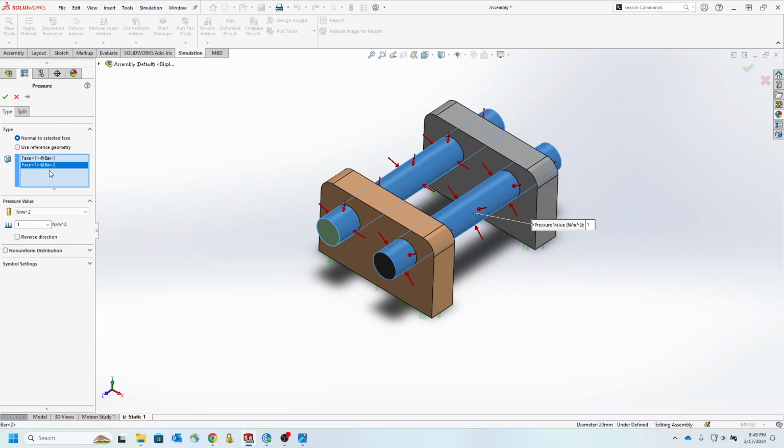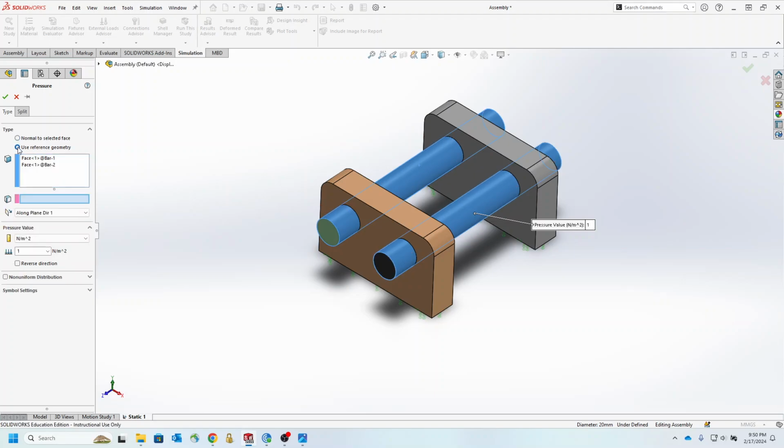So we cannot select normal to selected face. We are going to use a reference geometry to do that, and I can select this edge as a horizontal direction. Then if I reverse direction,